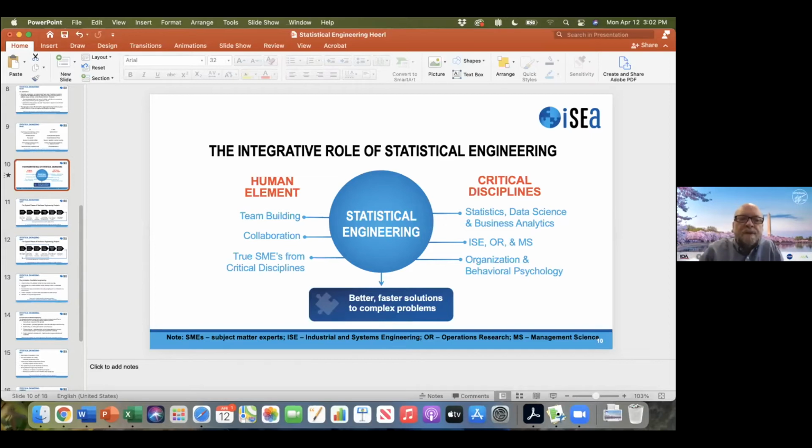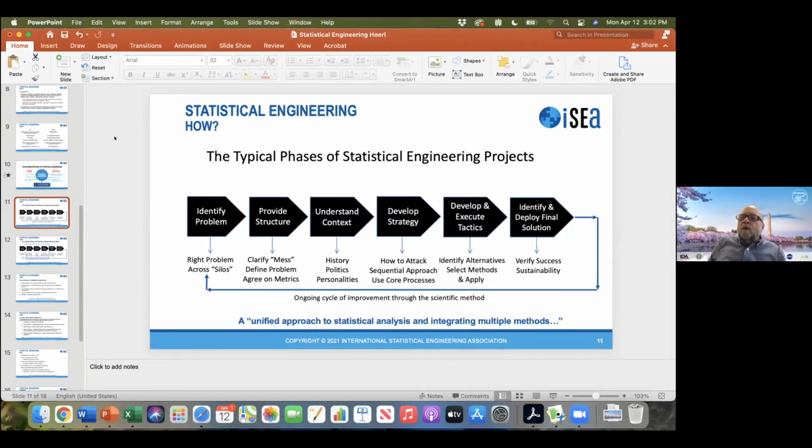Now, I'm just going to go through a couple more slides and then we'll open it up for conversation. But in statistical engineering and attacking a large, complex, unstructured problem, there's no sort of seven easy steps. And there's not even DMAIC like in Six Sigma projects. However, there are phases of problem solving that people go through. And I think if you look at problem solving approaches from different disciplines, you'll see some similar things, although I think there are some uniquenesses here that I'm going to talk about.